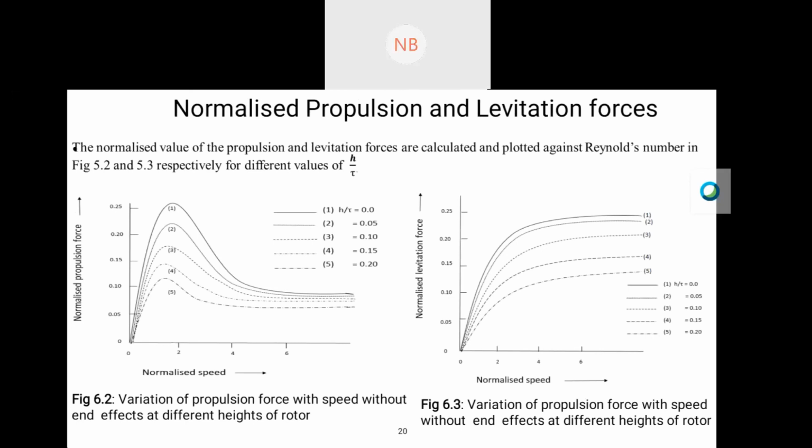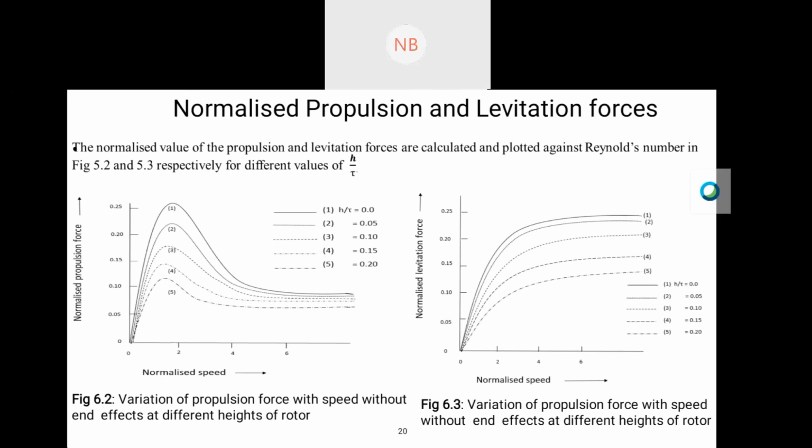Okay, one hint I have given: density of fluid is flux density here. Velocity of fluid, flux somehow has some velocity. Diameter of pipe, it has a solenoid. And dynamic viscosity of fluid. If you relate it, then now calculate. Okay, what is the basic difference between propulsion force and levitation force?